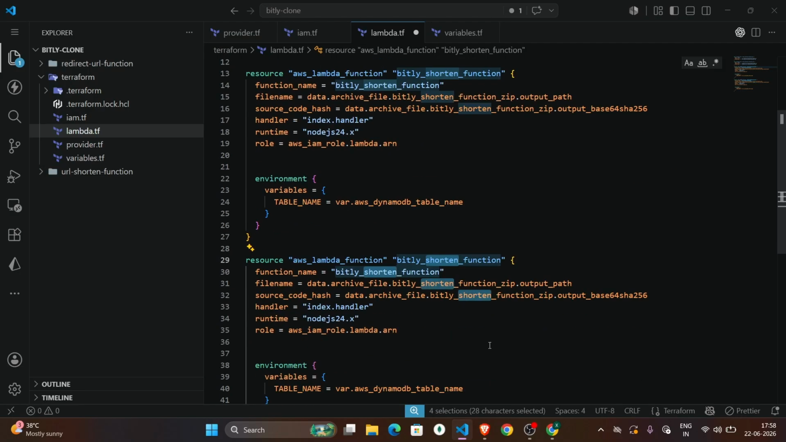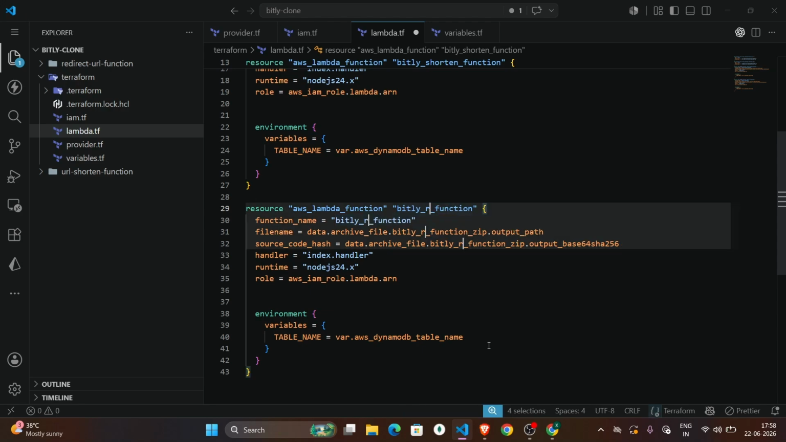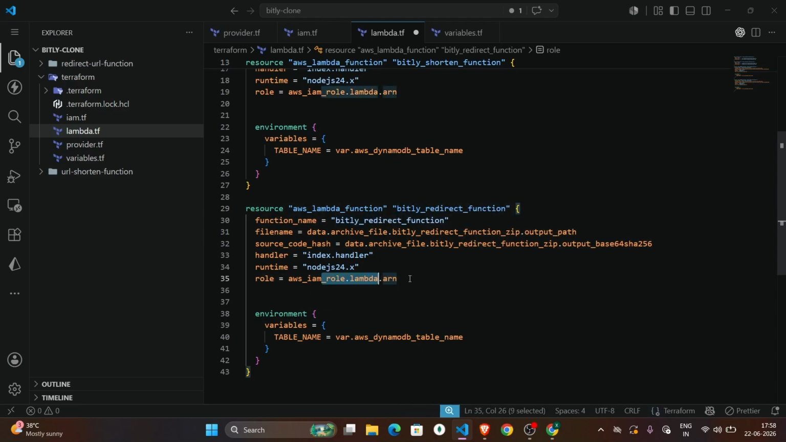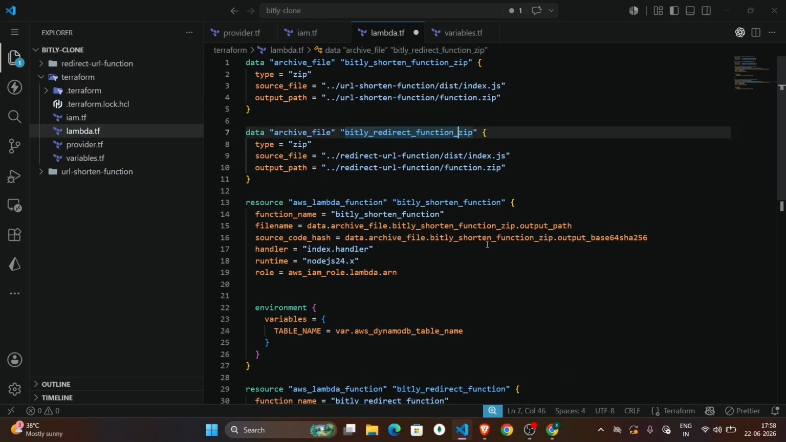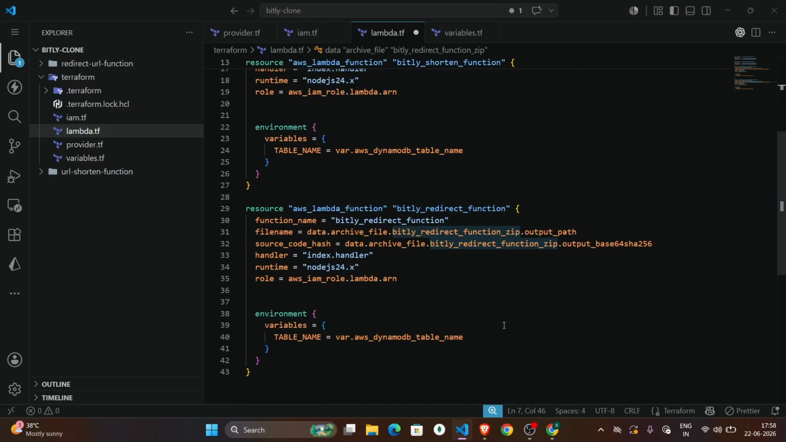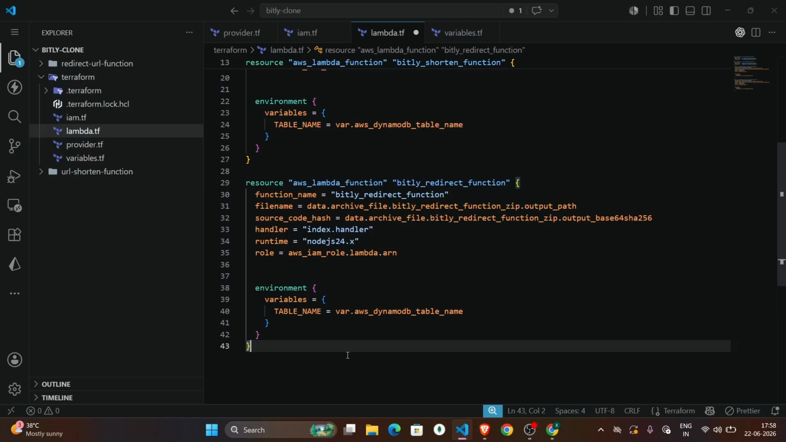Redirect. So the role is same. So data.archive file.bit.ly redirect function zip. Everything's fine. That's good. Now we have created